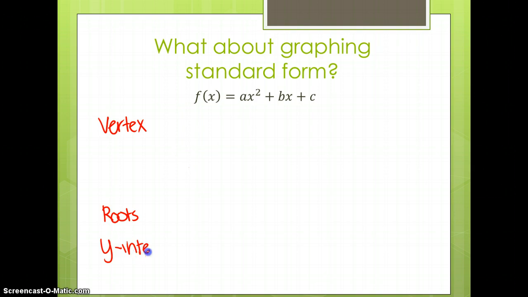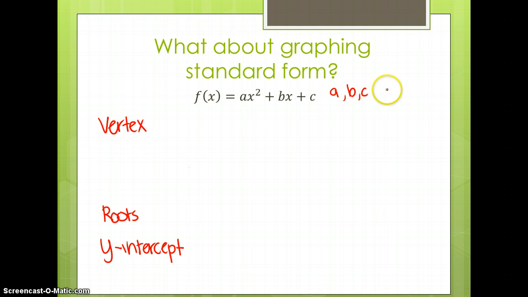The problem is what's most difficult about standard form is that we don't have those transformations visible to us. We don't know what h and k are. We don't know how much the graph moved right, how much the graph moved left, how much the graph moved up or down. Actually, none of these numbers,